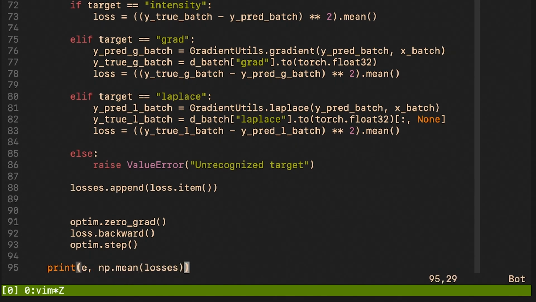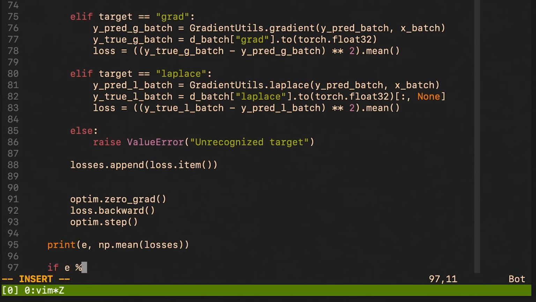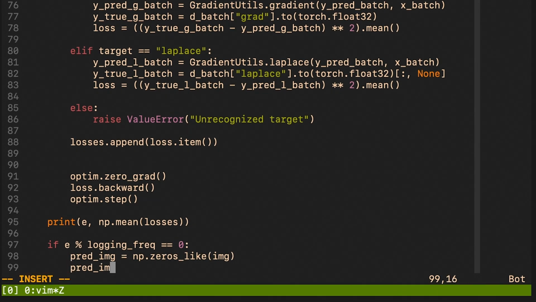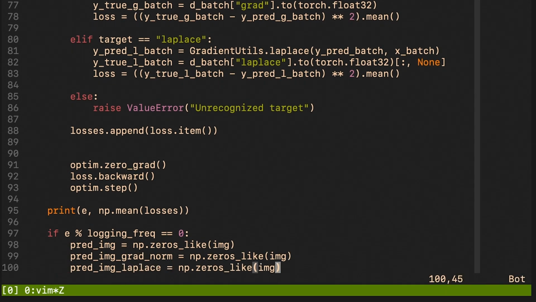And what comes next is just some minimal logging functionality that will help us visualize what's going on during the training. Here we just prepare the prediction images, and we will iteratively set all the pixels to the right values.